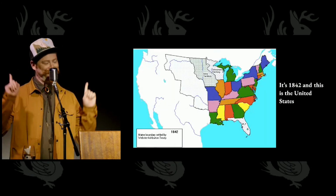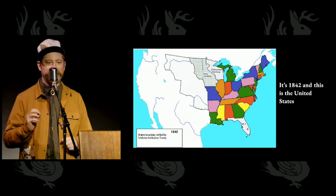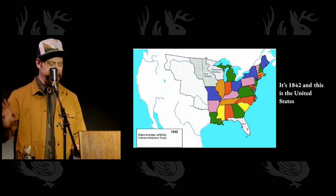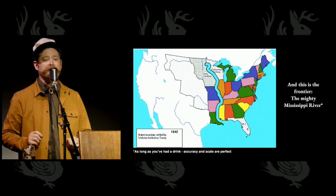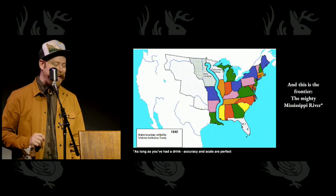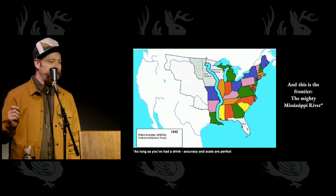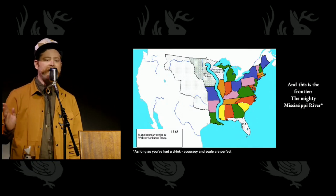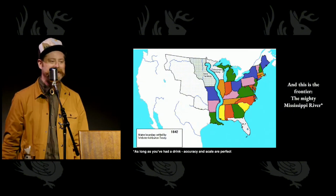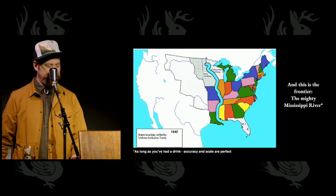All right. Thank you. It is 1842. Close your eyes, if you will, for me, just for a moment, and picture the American West, the frontier. How many of you pictured the Mississippi River? Probably not a lot, but in the 1840s, this was the edge of the map. This was where the frontier was. This was where a country ready to continue its glorious conquest of the West and manifest destiny is springing from. It's where we have pioneers, and it's where we meet...